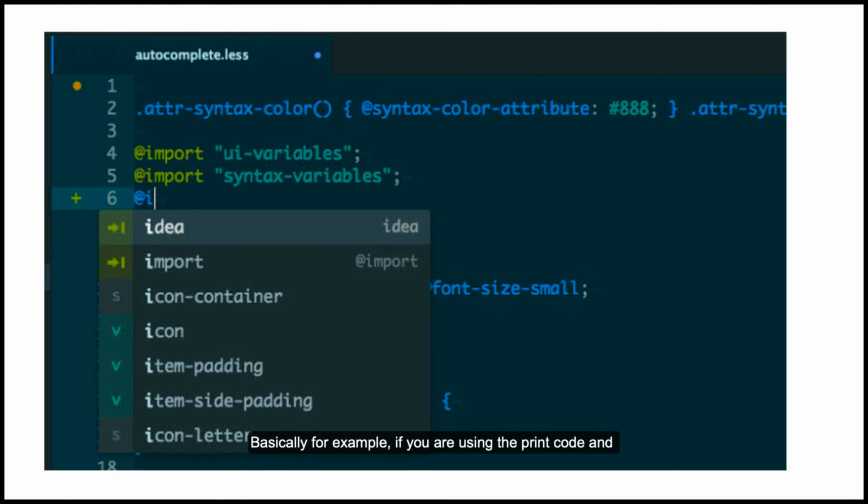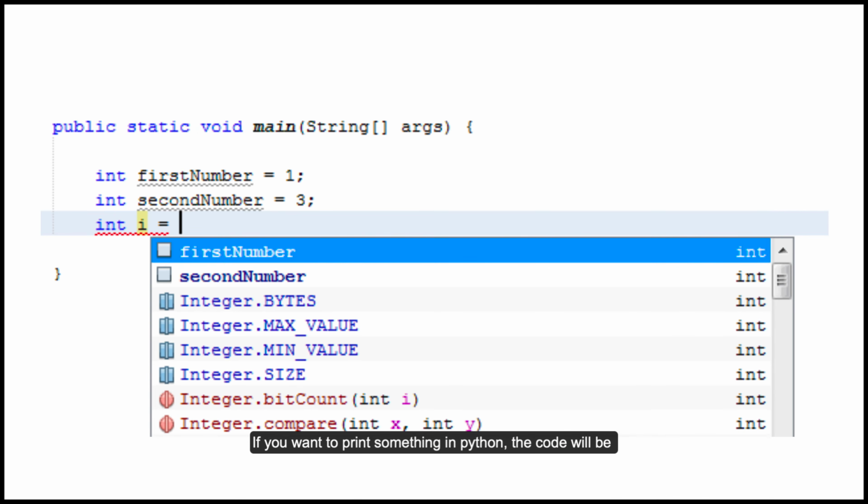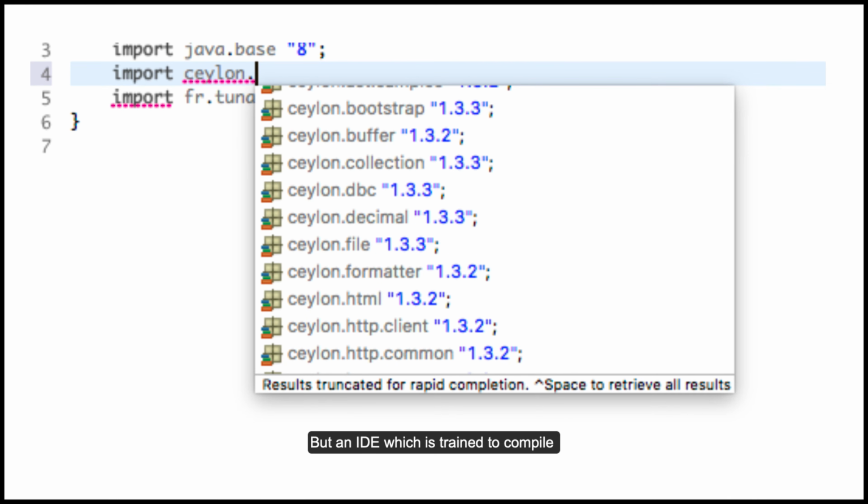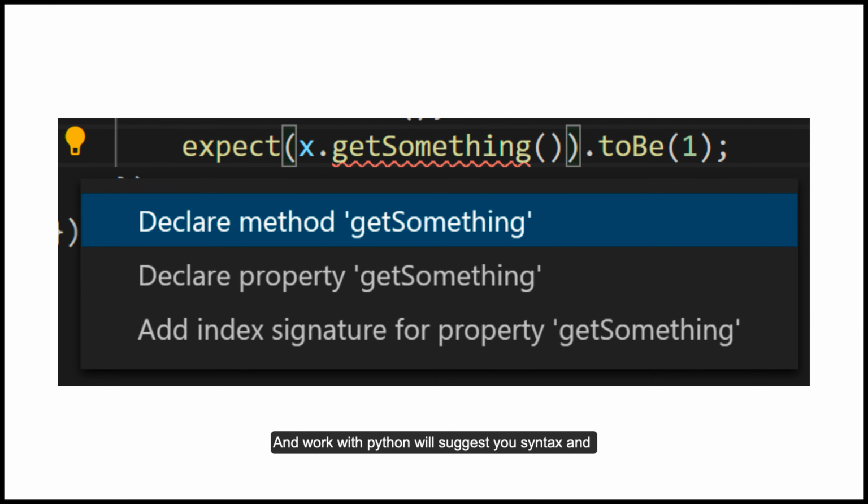For example, if you want to print something in Python, the code will be very simple. You can use this kind of code, but an IDE which is trained to compile and work with Python will suggest the syntax and you can directly edit it without typing in the actual program itself.